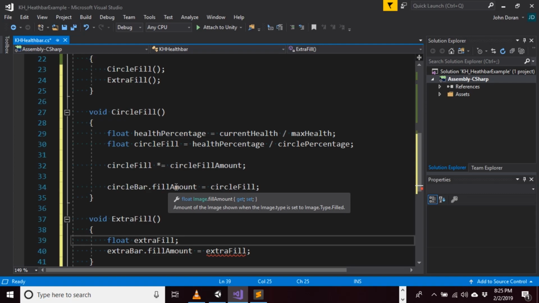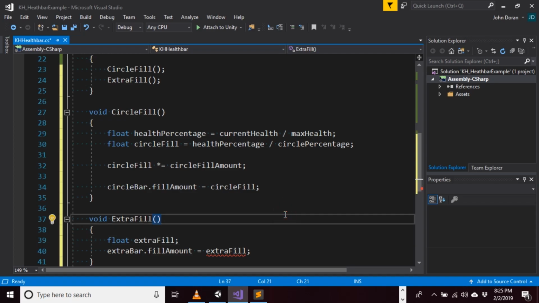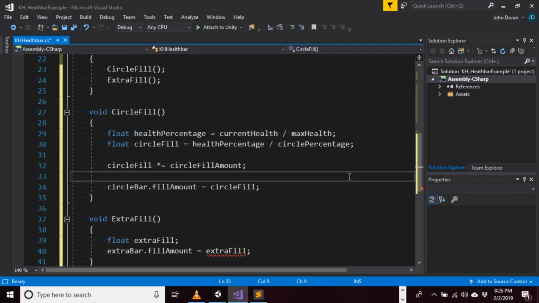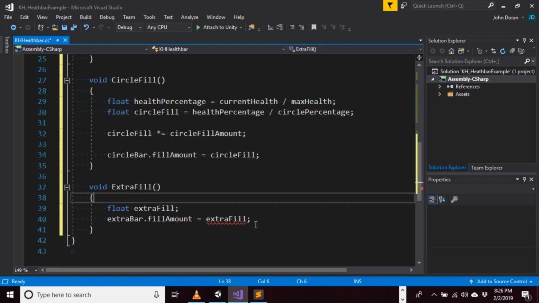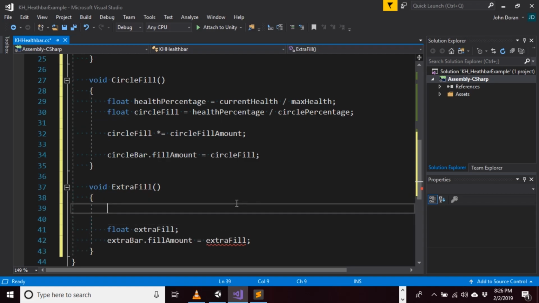But now we need to think about how we actually set this value. Well, the idea is basically the health over the total health, just like this, except we need to remove the portion that was used inside of the circle fill. So we need to figure out first how much of the bar is taken away by the circle bar. And so I'm just going to create a new float, which I'm going to call circle amount, and that's going to be equal to the